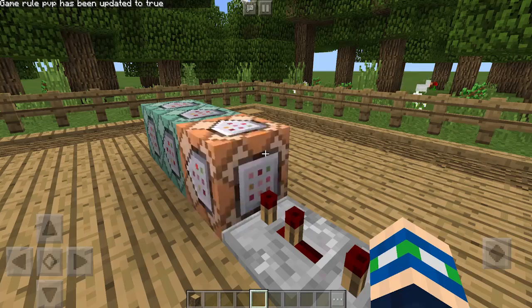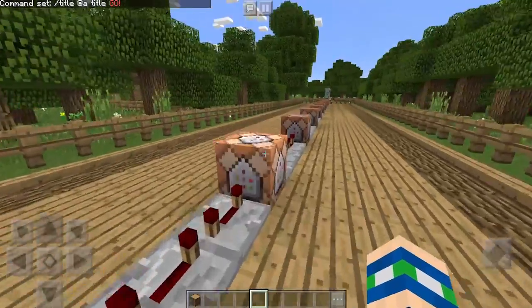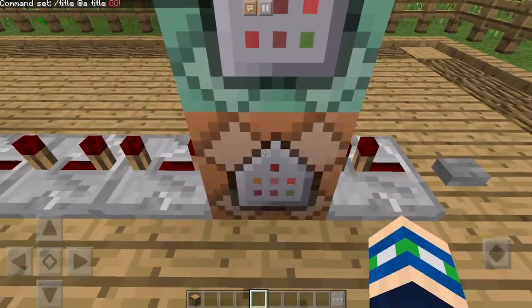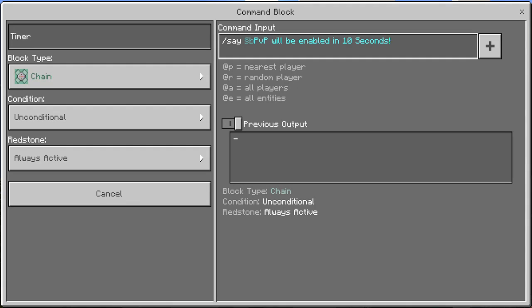Now, what's really cool about this is you can actually customize this to say whatever you want to say. Let's have some fun here. You can turn this into a trolling machine, to be honest. You can go ahead and change... Where is it at? We're not going to mess with that one. We're going to mess with the timer here. And we're going to change this to...